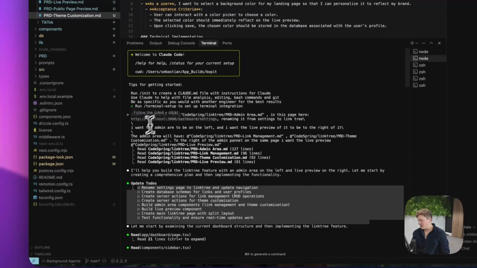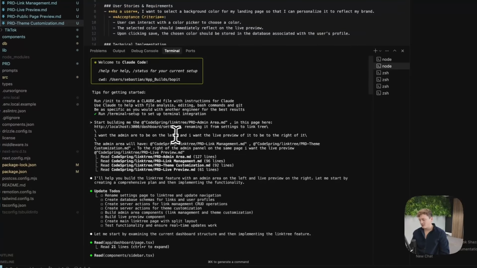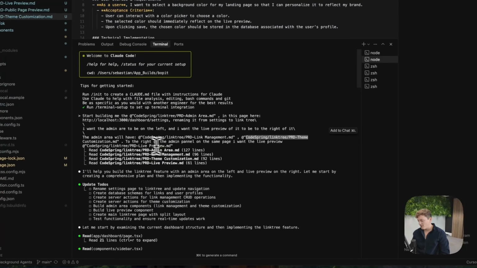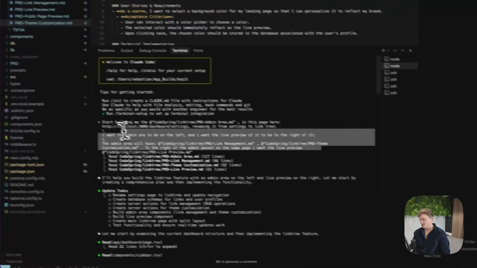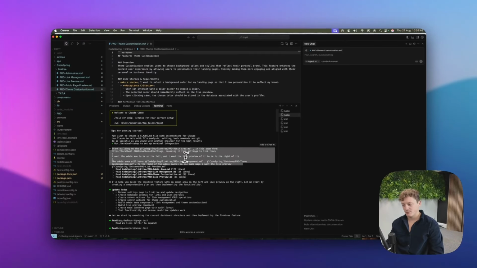So you can see here, if we actually zoom in and look at the initial prompt, I've said I want an admin area to be on the left, I want the live preview to be on the right of it, and then I've given it the documentation that I need for that to be built. It's a very, very simple prompt. We don't really have to explain. All I've done is written about 4 or 5 lines explaining what I want it to be built. So at this stage, we're building about 3 or 4 different features with literally just 4